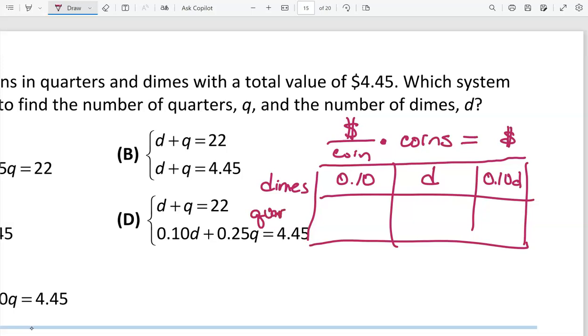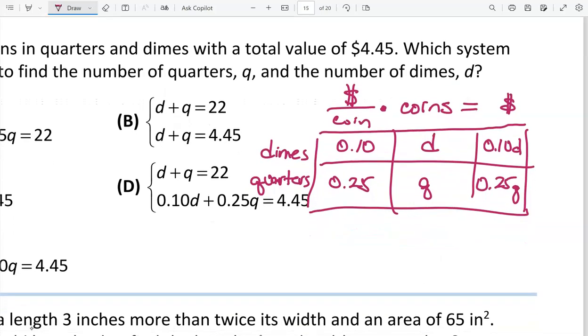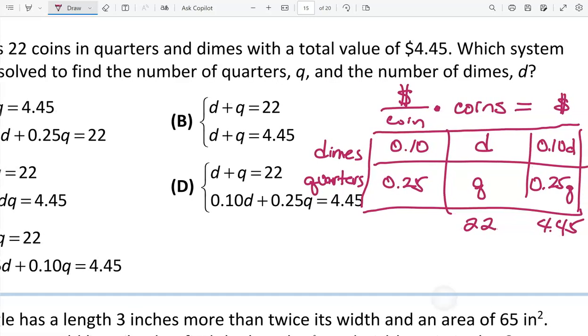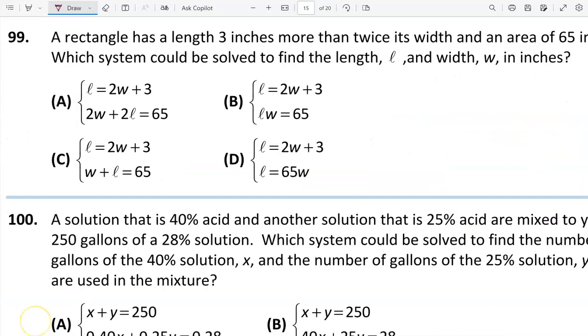The number of quarters involved. Quarters are worth 25 cents per coin. And Q is the number of quarters defined by the question. And so the value of the quarters is 0.25 times Q. Now we also have totals. The total number of coins is 22. The total value of the coins is $4.45. So D plus Q is equal to 22, and 0.1 D plus 0.25 Q is equal to $4.45. That's choice D. In number 9, we have a rectangle that has a length that's 3 inches more than twice